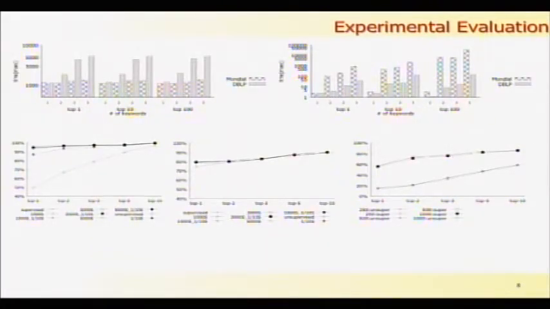Here are some charts from the experimental evaluation of the system. From the efficiency point of view, this is the forward, this is the backward. These are different settings for the different results that we can return. Top 1 means that we return just one result, top 10 that we return